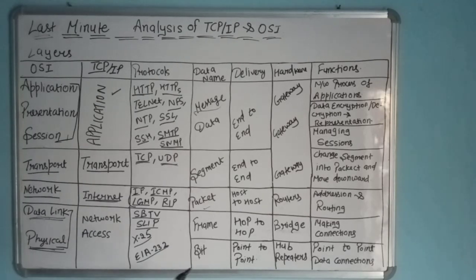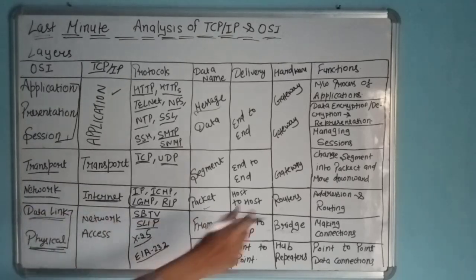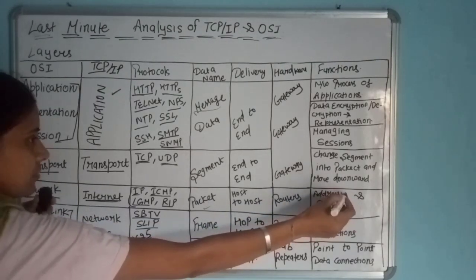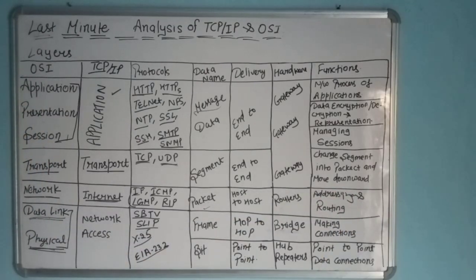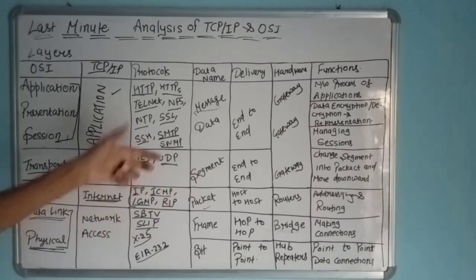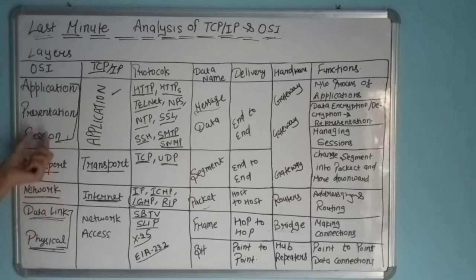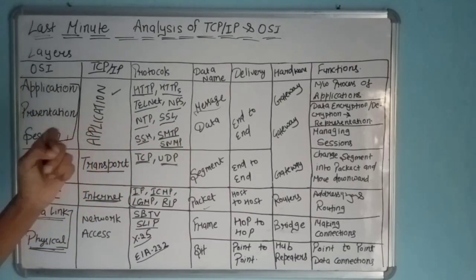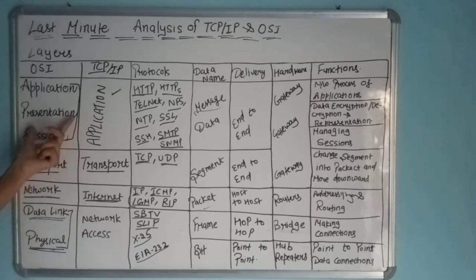The physical layer performs point to point data connections. The data link layer performs connections. The network layer performs routing and addressing of data. The transport layer changes the segments into packets and moves them downward, meaning to the network layer. The session layer creates and manages sessions, and the presentation layer performs encryption and decryption and provides security